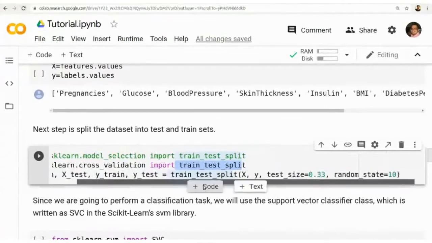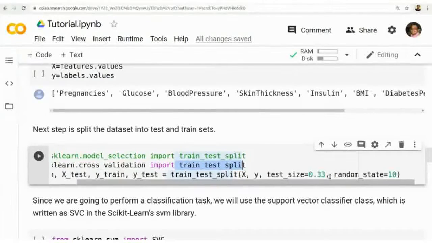And the parameter we are using is 0.33, that is 33% of the data will be used for testing, and the remaining 67% will be used for training. And this splitting is random, so we will initialize the random seed with 10. We can give any value, that is not important. In order to get the same result, we are putting some seed value here.